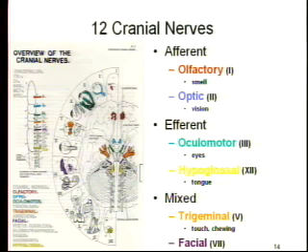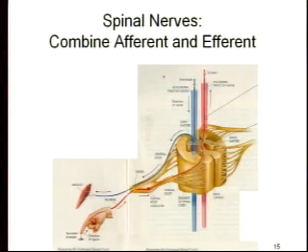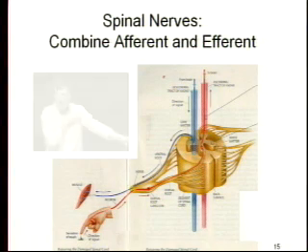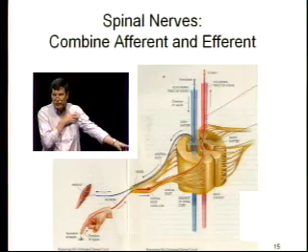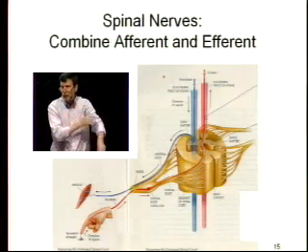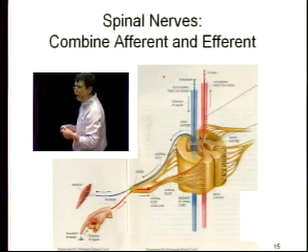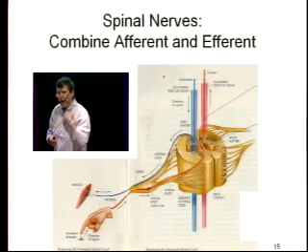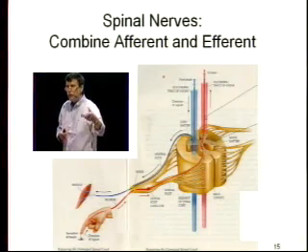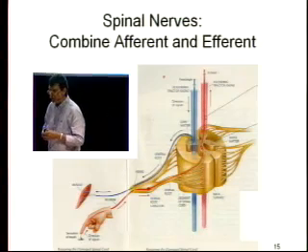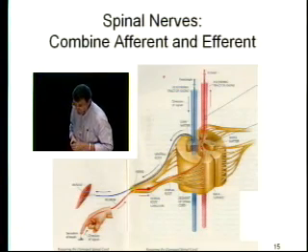They combine both afferent and efferent functions. That's in contrast to the spinal nerves, all of which combine afferent and efferent functions. The spinal nerves carry sensory messages in toward the spinal cord from the surface of the skin and other places, like touch. And they also carry motor messages out from the spinal cord to the arms and legs and hands and fingers and toes and anything else that you want to